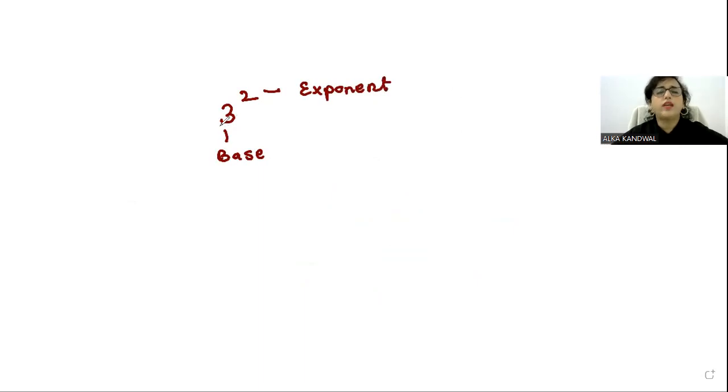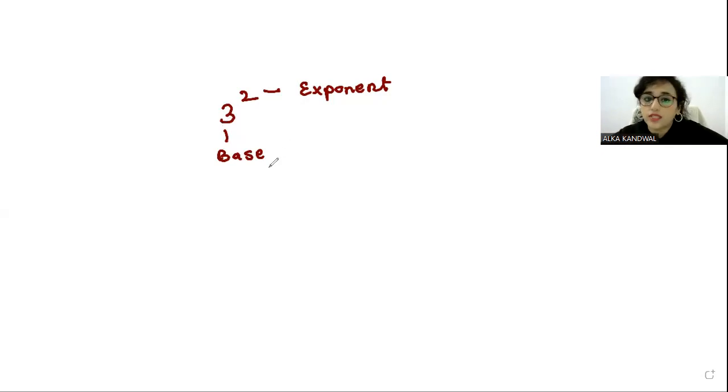whenever we are talking about very large numbers or very small numbers, then the concept of exponents is generally used. Like if we are talking about dinosaurs existing 10 to the power of 8 years back, we will not say it 1000 years back. We will not say like that. 10 to the power of 20, 10 to the power of 30. So when we come across very large or very small numbers, like 10 to the power of minus 20. So representing very large and very small numbers becomes very easy with the help of the exponent.